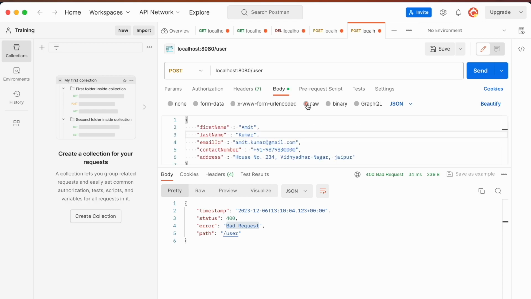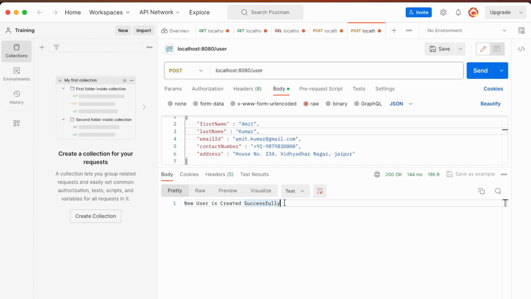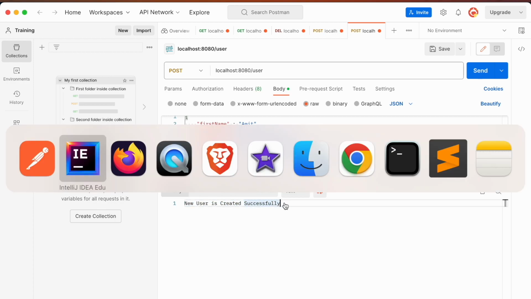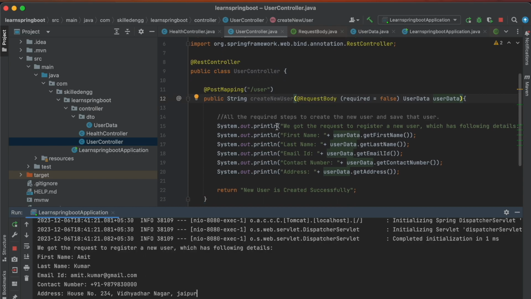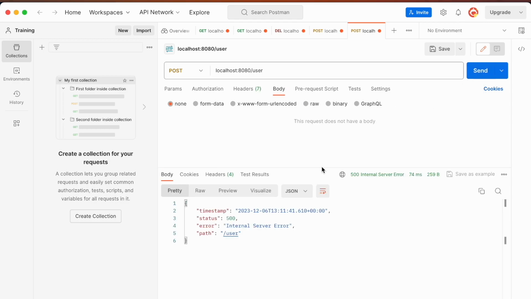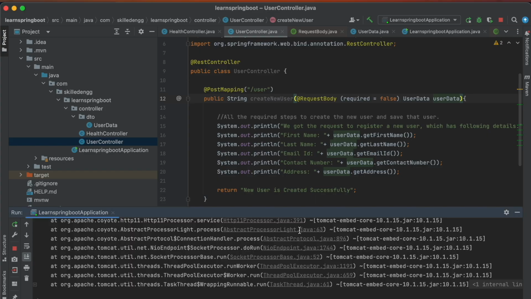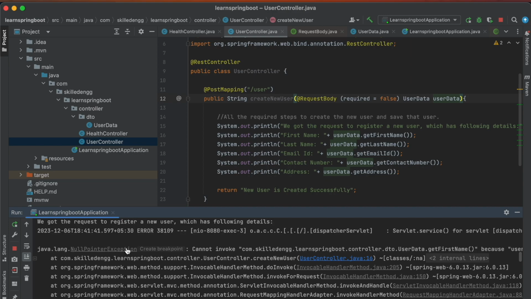So let's use the body first. If we send this particular body, as expected we will get this particular response as the response of this API. And if we see in the logs, we got this particular response which we have printed here. Now if we do not send anything here, let's see what happens. It failed with 500 internal server error. Let's see in the code and in the logs. It is saying null pointer exception